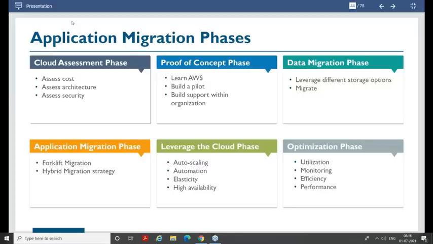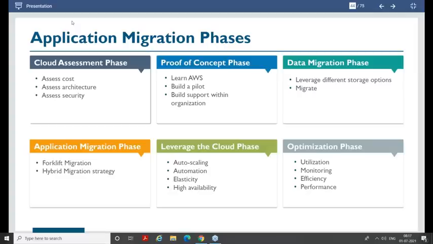That is your POC. After your POC is done, you decide to migrate. First you do your database migration, then your application migration, and after your application is completely migrated, you start leveraging other cloud native services like auto scaling, automation, elasticity, and high availability, and you can work towards continuous improvement and optimization.